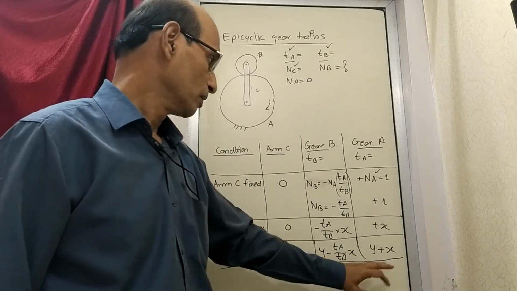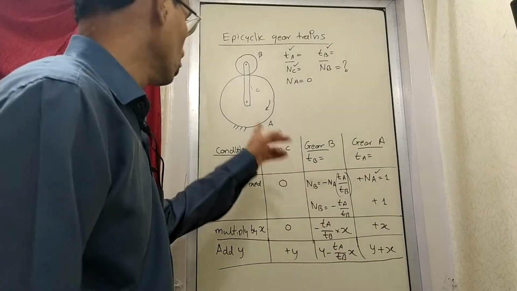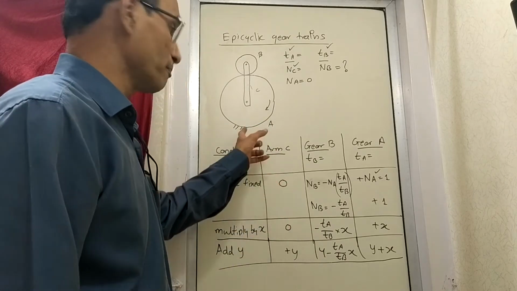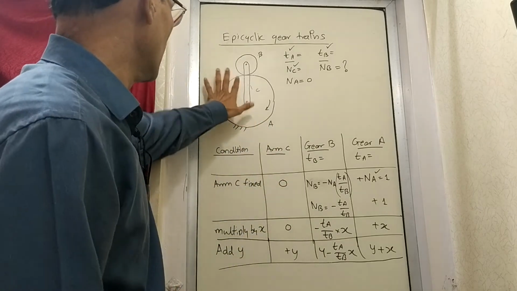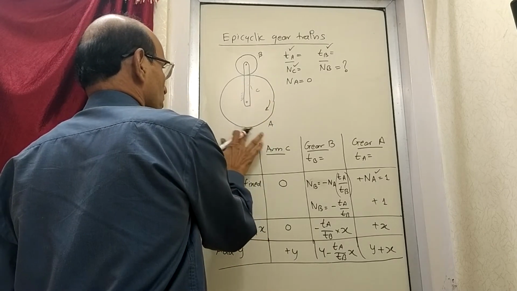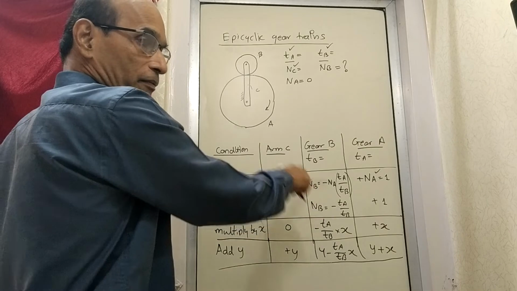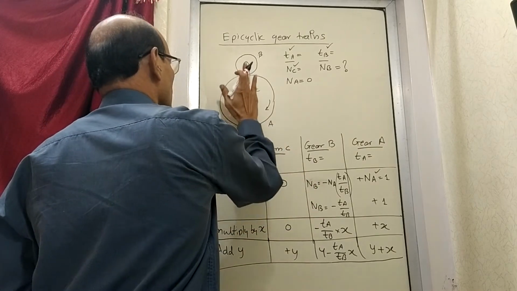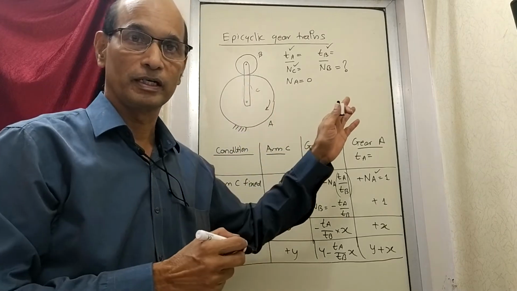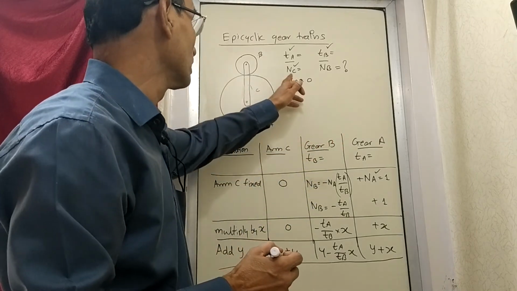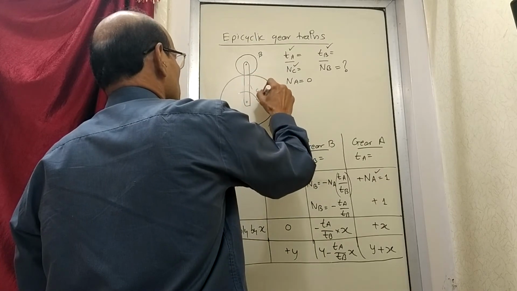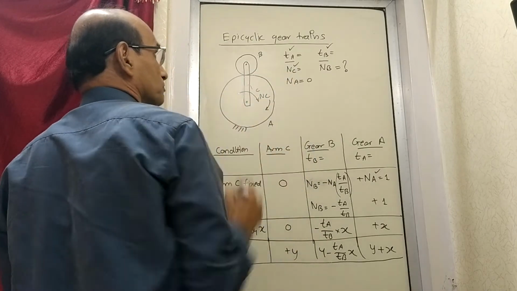After this is done, now what do we do? Now we go back to the original condition. Right now we have done this by making a change in the condition, saying that the arm is fixed. So it is like saying this is fixed and this is not fixed. This is what we have written. But now the actual problem is that the arm is not fixed, but gear A is fixed and the arm is free to rotate. And it is going to rotate by a certain speed NC. So NC is the speed of the arm, which is given to us.